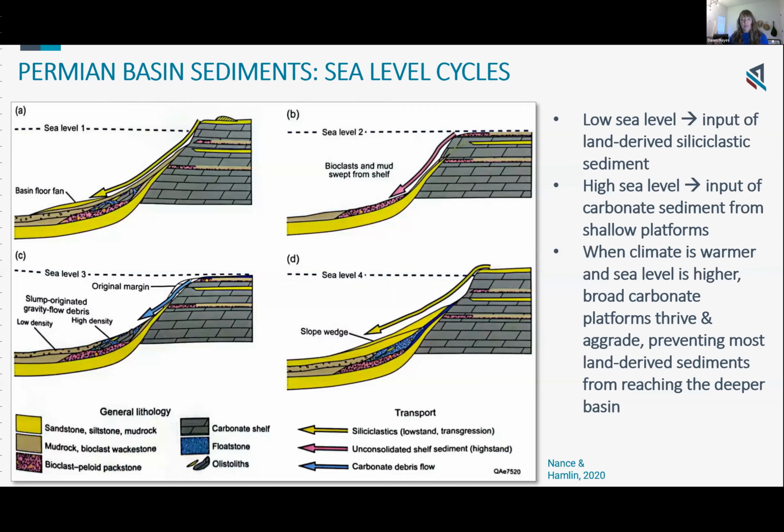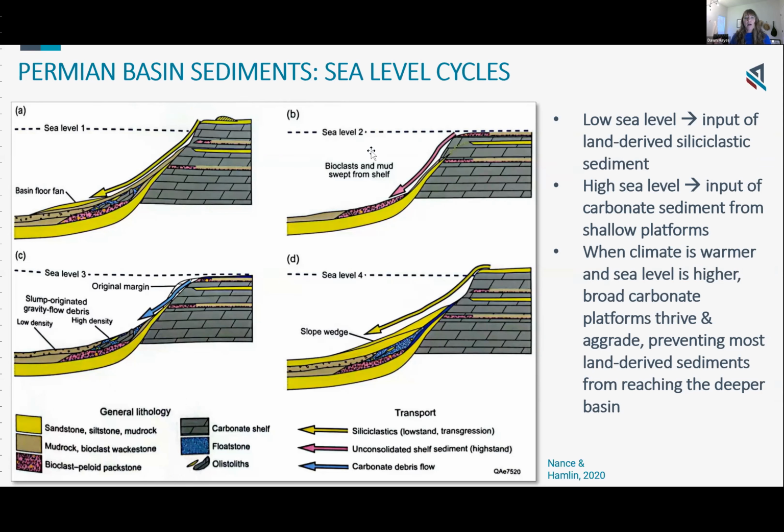So I mentioned sea level. I guess an easy way to explain this is just to go through this diagram very quickly. In the Permian, there are sea level cycles influencing what sediment gets into the basin. When sea level is relatively low, we get a lot of land-derived sediments coming across the shelf and getting out into the basin in the form of big basin floor fans that can spread out and go out into the